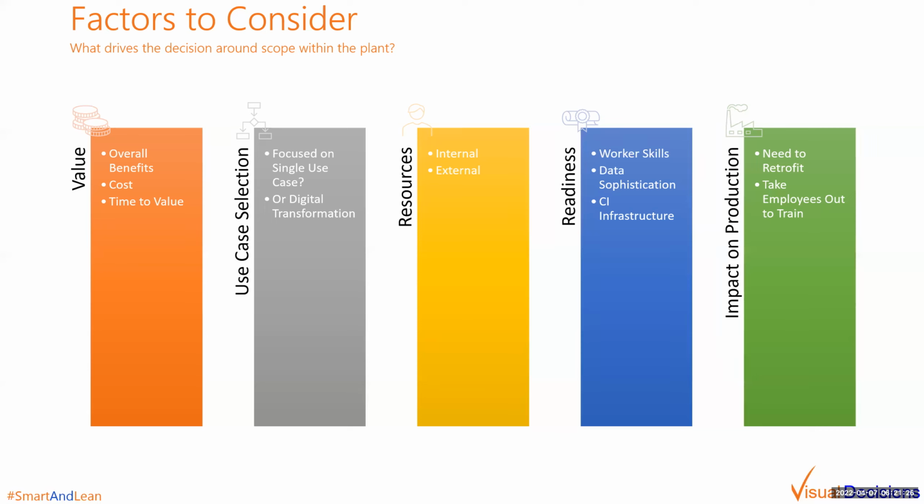The final factor to consider in this list is the impact on production these projects can have. For plants with older equipment that may need to be retrofit with new controllers and additional sensors, this might mean taking those machines out of production while the retrofit is happening. This can be a big impact to the plant and a large hidden cost of the project. The same